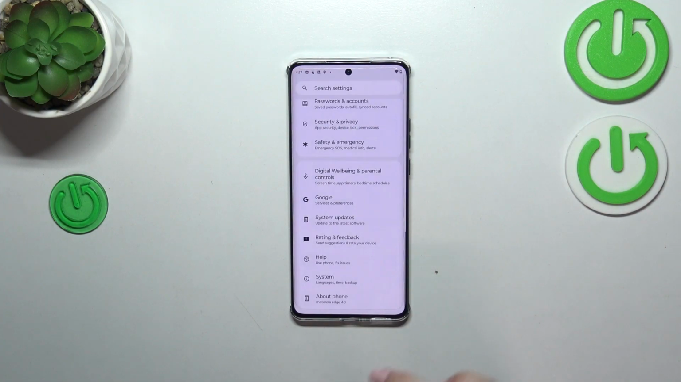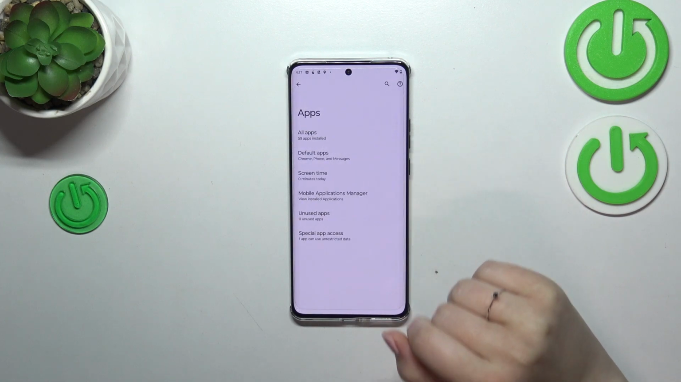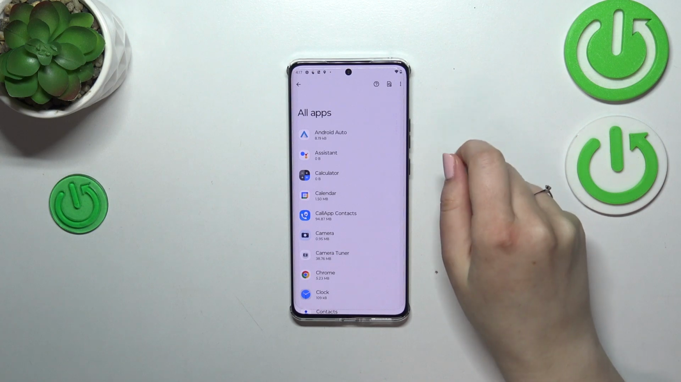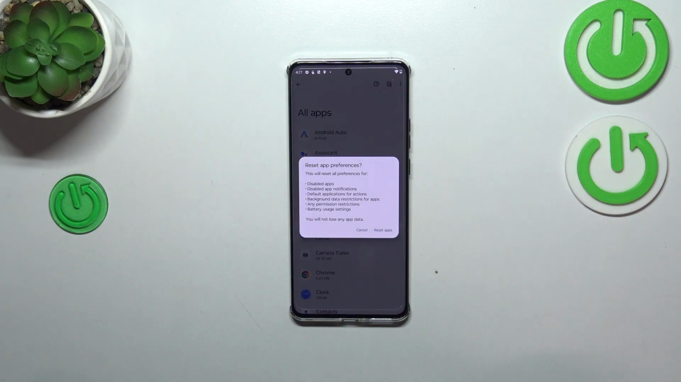So firstly, let's enter the settings and then we have to find the apps. Now let's tap on all apps and tap on the three dots icon in the right upper corner. Now let's tap on Reset App Preferences, and as you can see, here your device is informing you that it